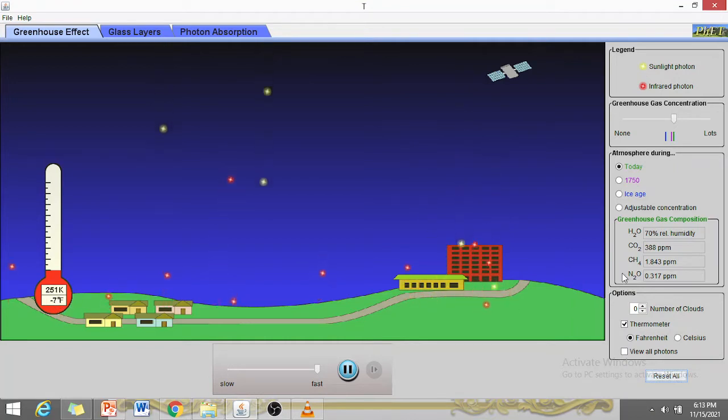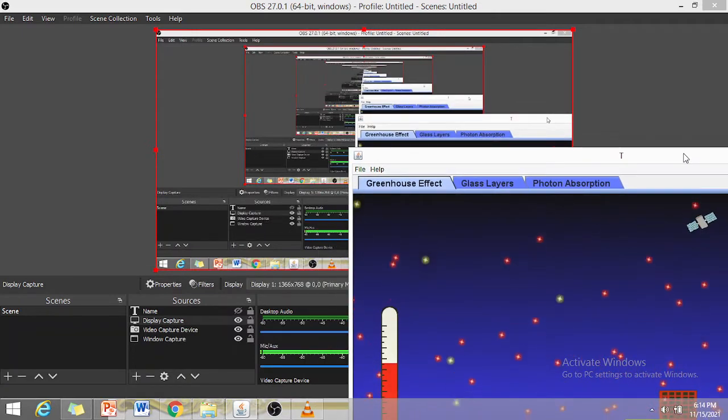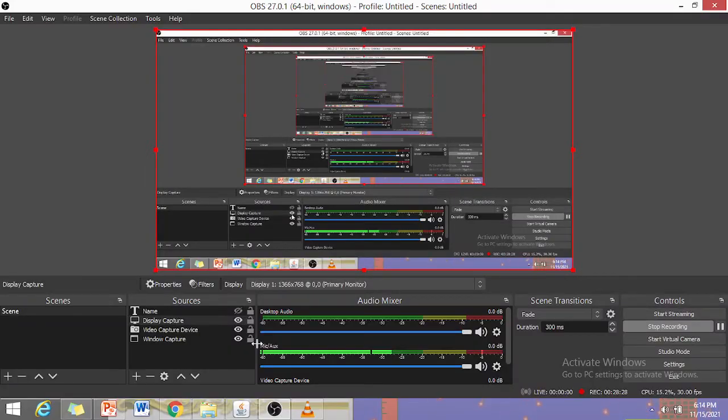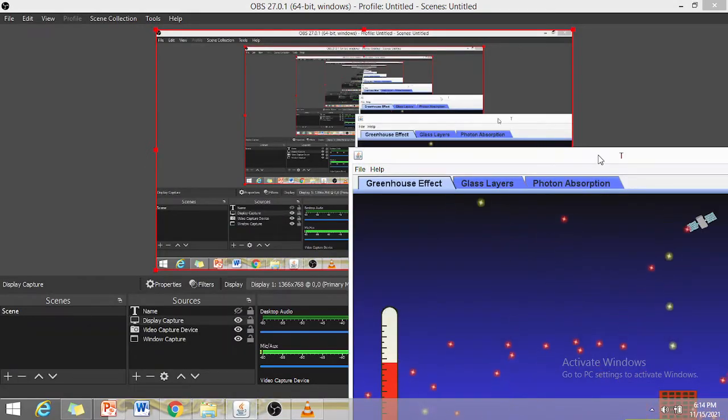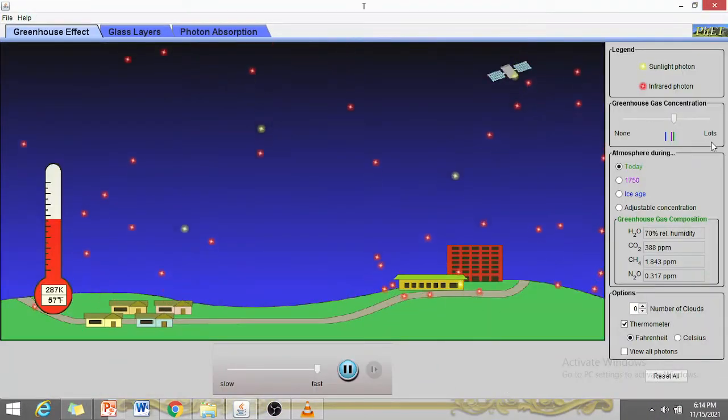So, tingnan natin etong concentration you have here. By the way, the yellow one is the sunlight photon and the red one is the infrared photon. So, these are the photons coming from the sunlight. Okay, so as of now, I would like you to take a look at this. This is the greenhouse gas concentration. Okay, sana nakikita. Tama ba? Nakikita ba? Ayan, sige. Sana nakikita. Okay. So, this is the greenhouse gas concentration.